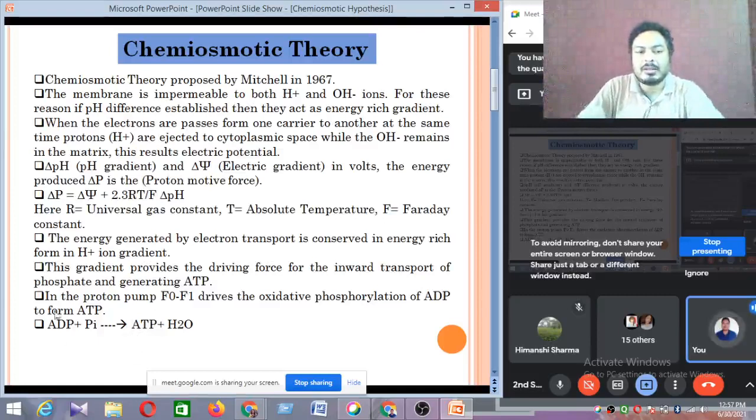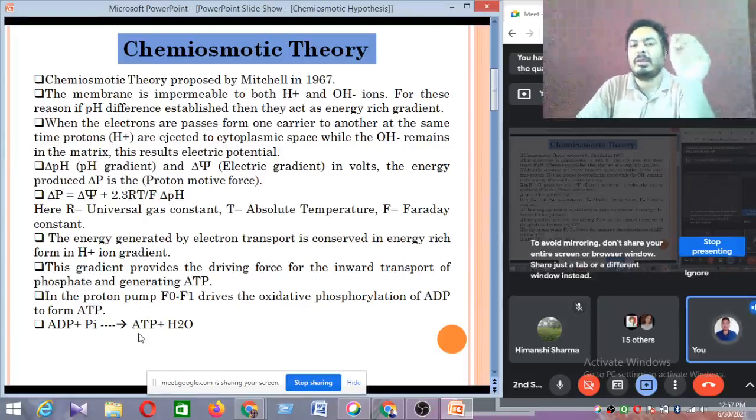The energy-rich H plus molecules bind to the ADP plus inorganic phosphate to produce the energy-rich ATP molecule. Now the H plus does not have the energy, and it binds with the OH negative ion already present in the matrix. This H plus binds with the OH to produce the water molecule again. The energy is transferred from the H plus molecule to the ATP molecule. Now the ATP molecule becomes an energy-rich molecule.